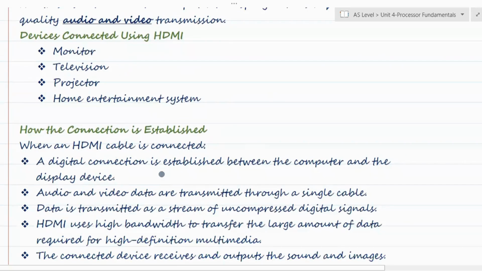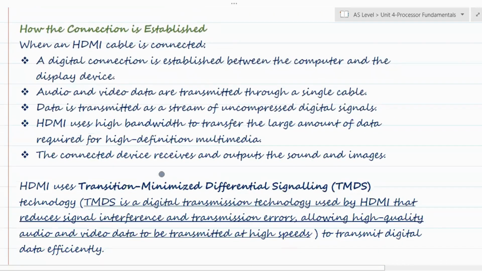Let's now understand how the connection is established using an HDMI cable. When an HDMI cable is connected between a computer and a display device, a digital connection is established. Remember, this is a digital connection. The computer then sends both audio and video data through a single cable.